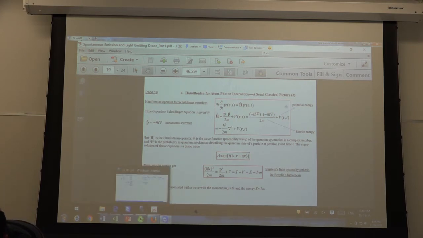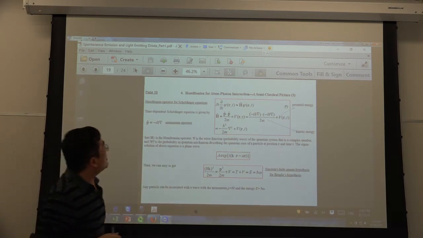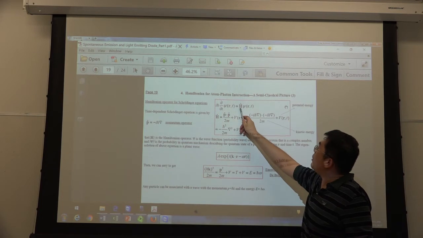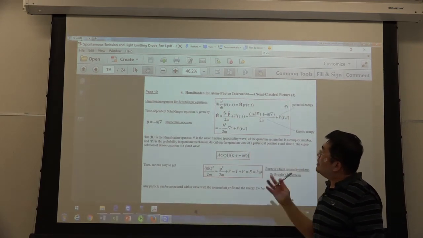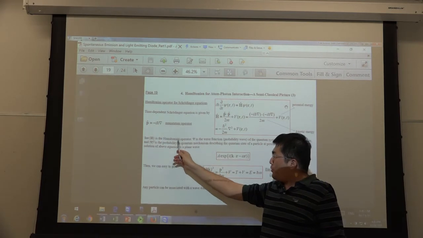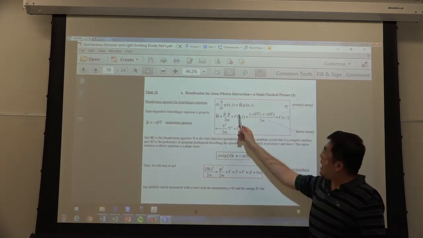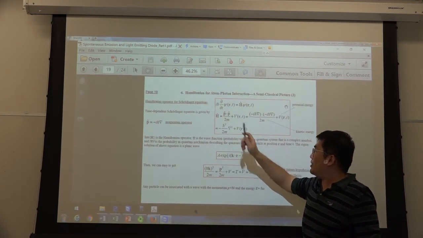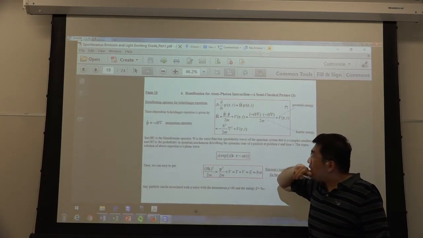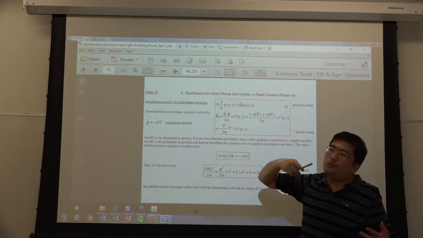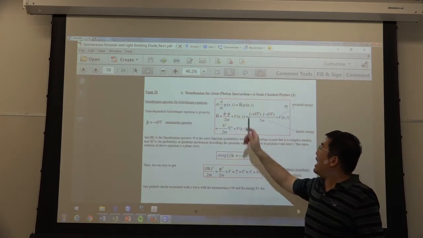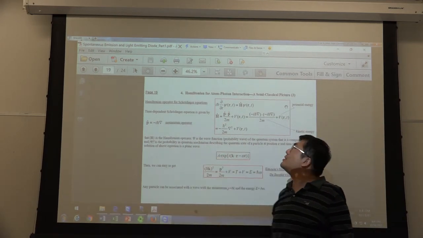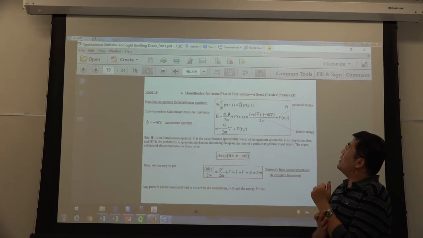This equation is something like this: i h bar partial t phi equals H phi. Phi is the wave function. H is an operator, the Hamiltonian operator. It's kinetic energy plus potential energy. But P in here is not a classical momentum, it's an operator. P equals minus i h bar gradient. We call it the momentum operator. This is the Schrodinger equation.